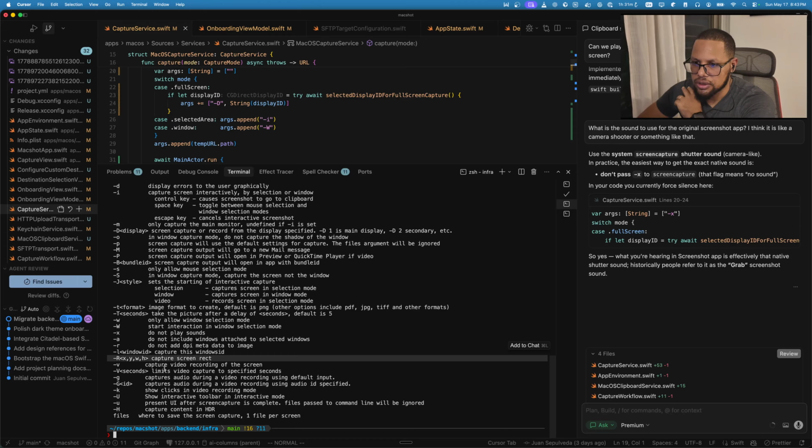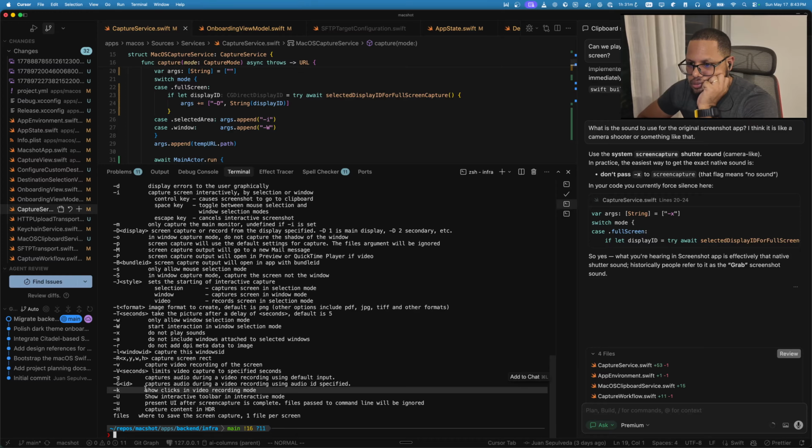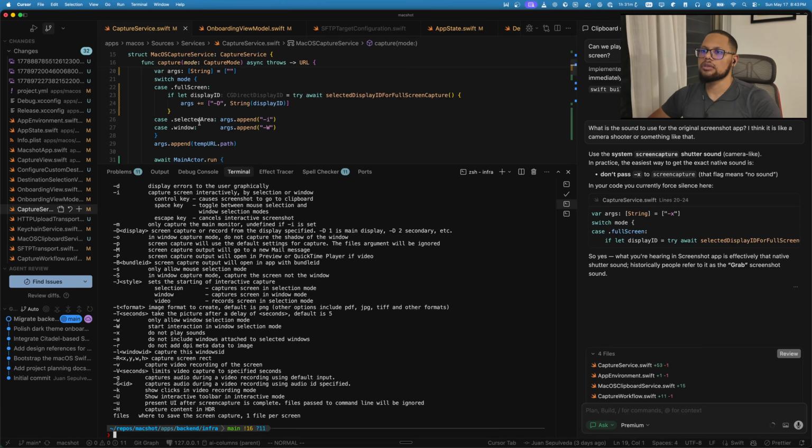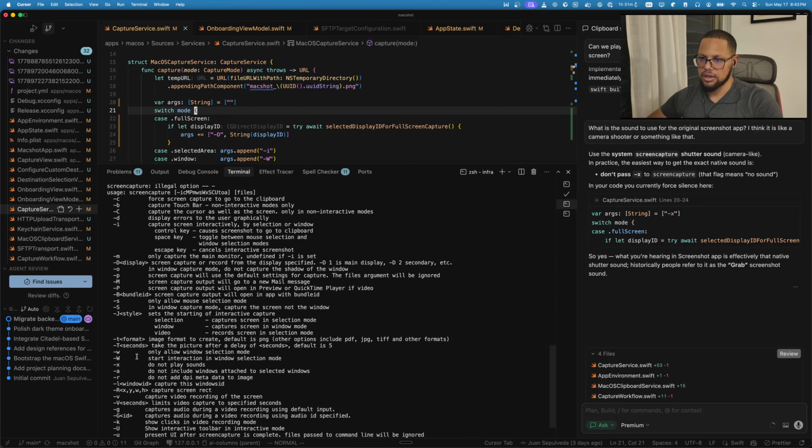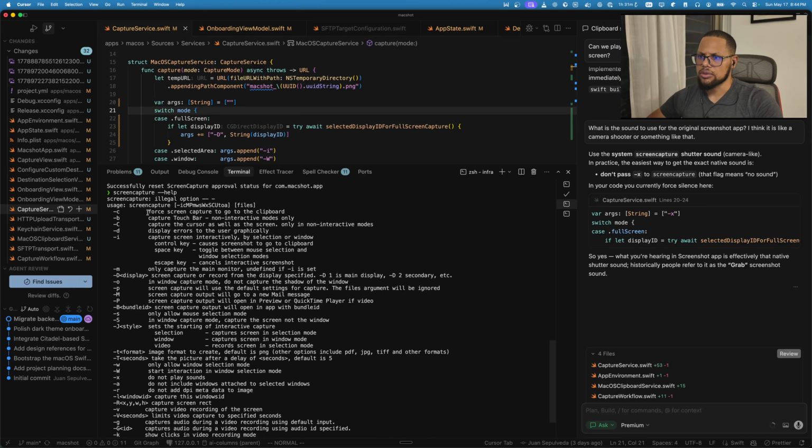Or capture screen, capture video recording of the screen. Well, I can add the video functionality as well. Okay, so we're not going to send the add sound. It's going to play sounds. And what I was thinking is for screen capture to go to Clipboard, so we're going to send